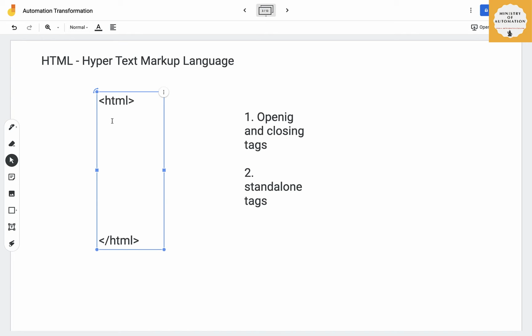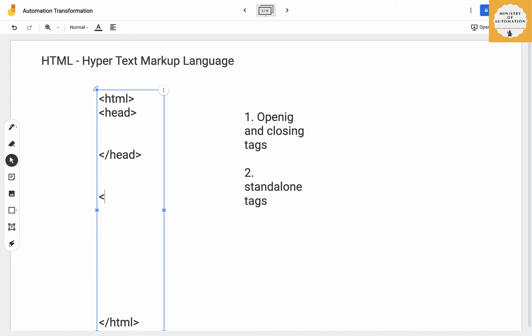Inside this HTML tag, we'll have head and body. Like your own human structure has a head and body, you can remember it that way. It will start with a head tag. Of course, head is a type of tag which needs a closing, so I'm writing an opening head tag and a closing head tag, and then I'll type a body tag. We just need to learn a basic syntax, nothing great. We just need to type in a proper syntax. That's the only thing you need to remember in HTML and nothing else.